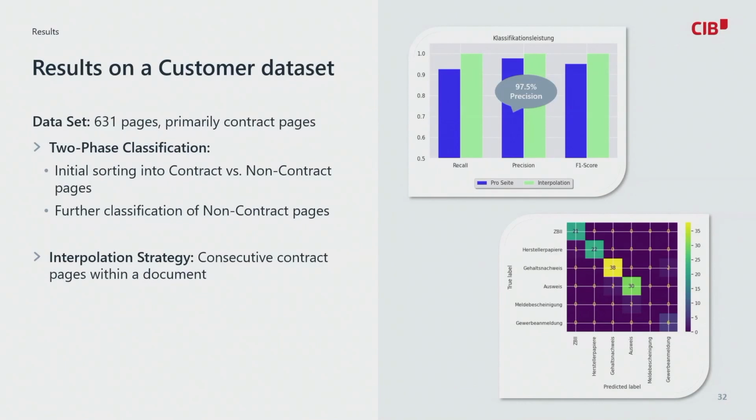So this led us then to create a classification system for the customer. We only had 631 pages originally. Most of them were contract pages. So the hard stuff was separating them first. We did this with the same approach, using vectors for the contracts. And after some algorithmic post-processing on our test sets, we achieved a 100% classification accuracy for contract statements versus other